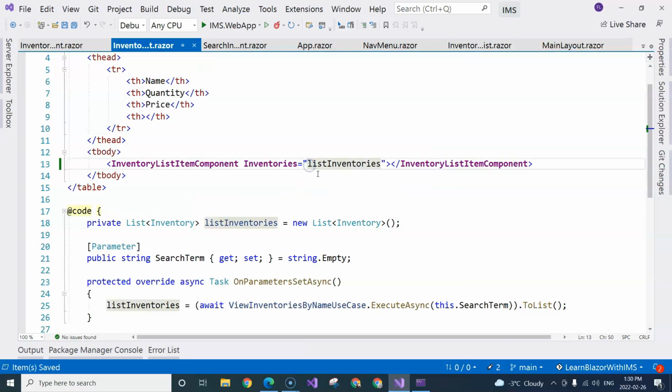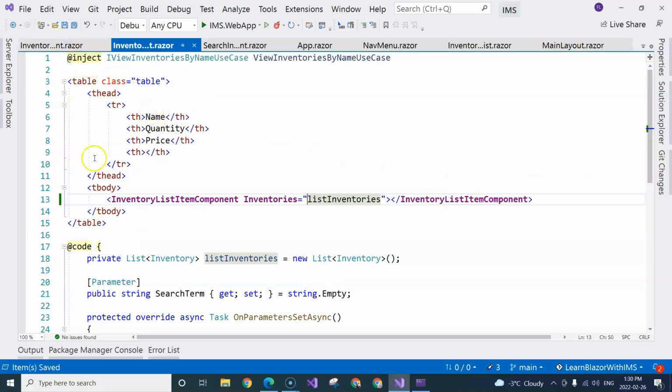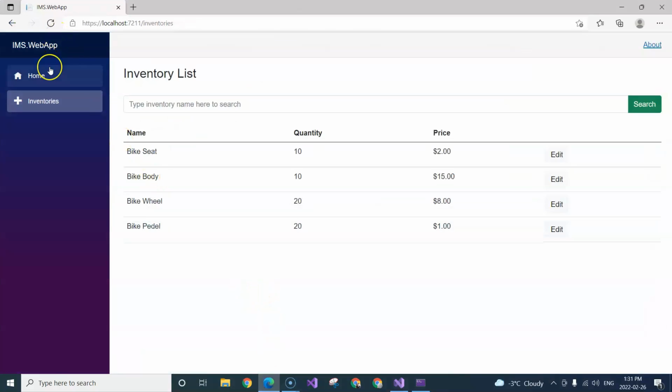Now here we don't need the @ sign. That's because the list of inventories is not a string, right? When the parameter is a string, C# doesn't understand whether you're providing just a hard-coded string or a variable, so that's why you need to put an @ sign there. But because this is not a string, it's not confusing to the compiler. That's why we can just do this without the @. Now we have extracted this out, and let's give it a test to see whether it still works or not. All right, going back. Okay, looks like everything is still working,